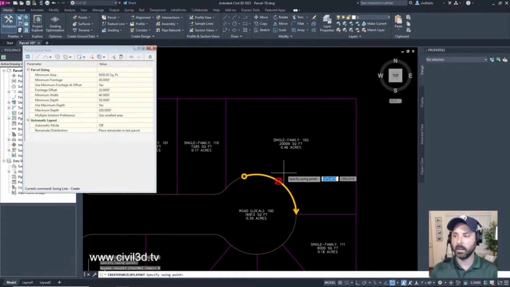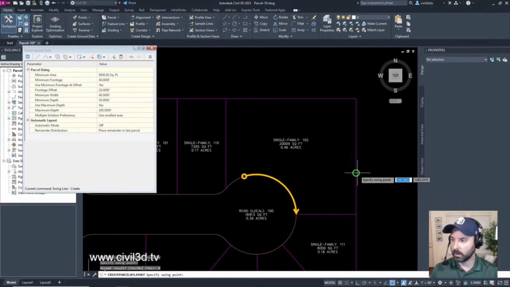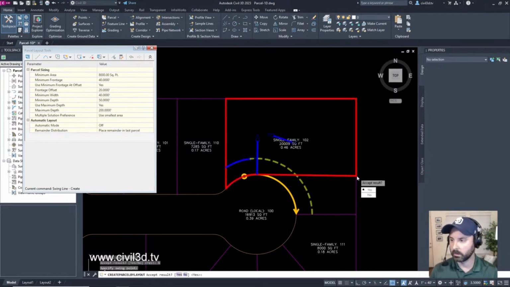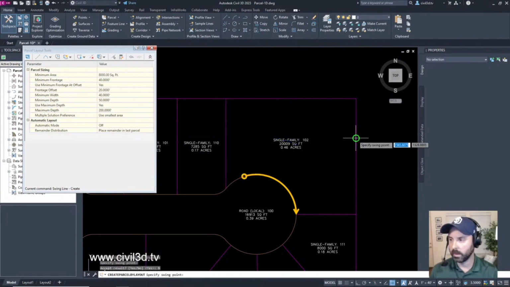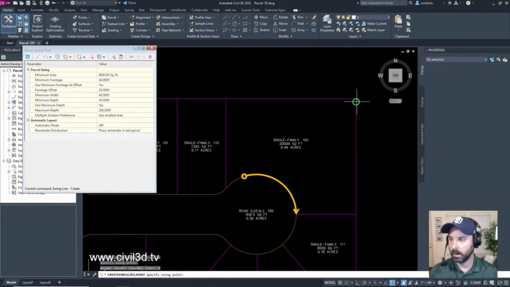Let's try this again. You see where this green cursor is? Depending upon where you click over here is going to be the swing line. If I click over here, what's the result? No, I don't like that result. What about here? No, I don't like that. What about here?